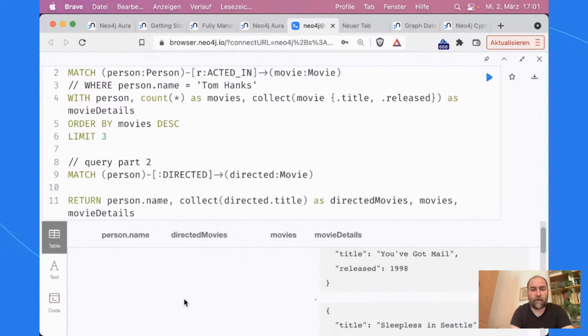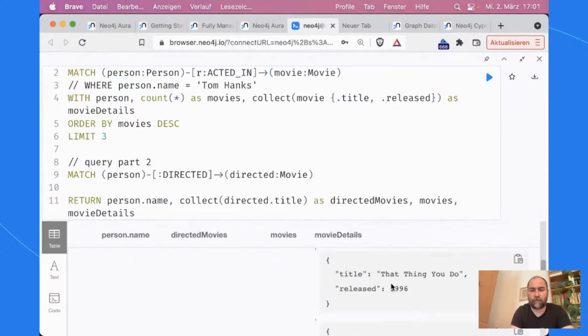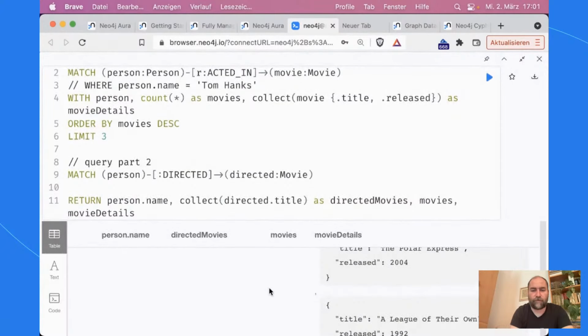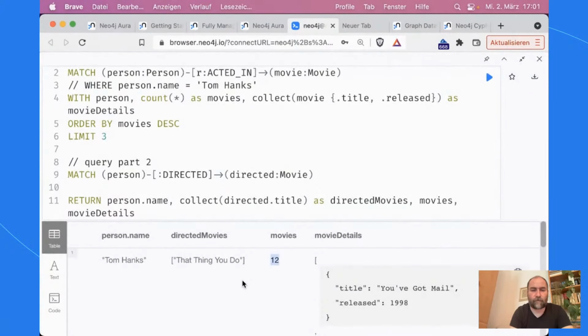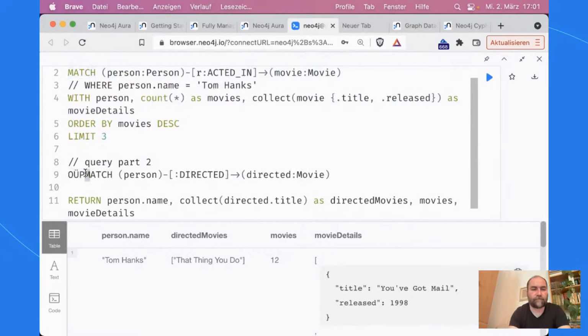It's also possible. So we now see Tom Hanks has one directed movie, 12 acted-in movies, and then all the movie details. And I think he might be the only one of the top 3 people in our dataset that also directed movies. So this match is actually exclusive. If this match doesn't find anything, it basically produces 0 rows, and then that person will not return results, right? If I turn this into an optional match,